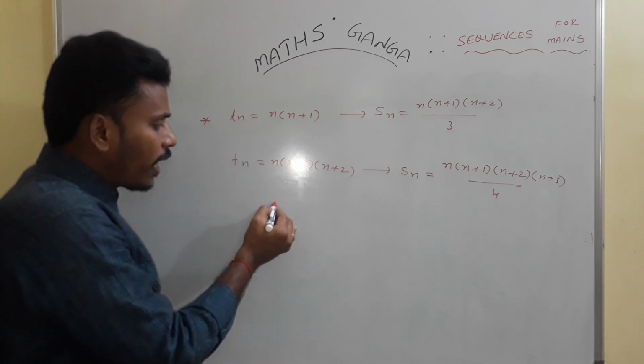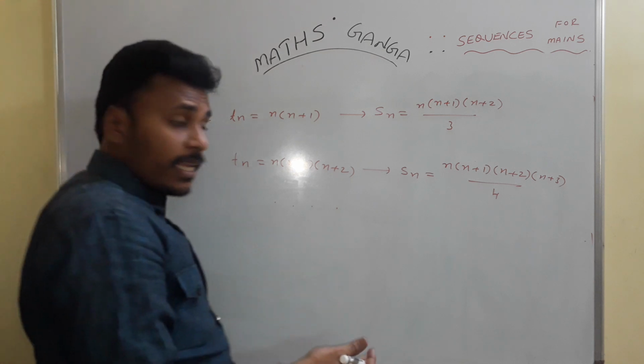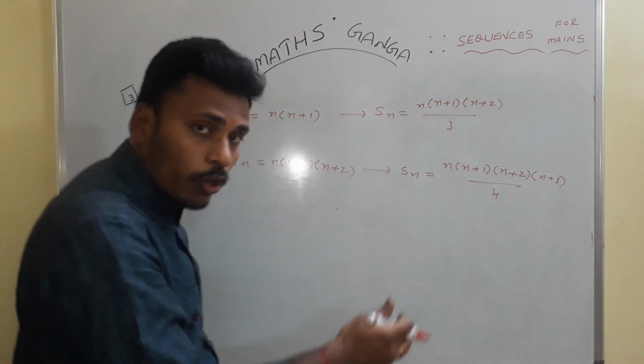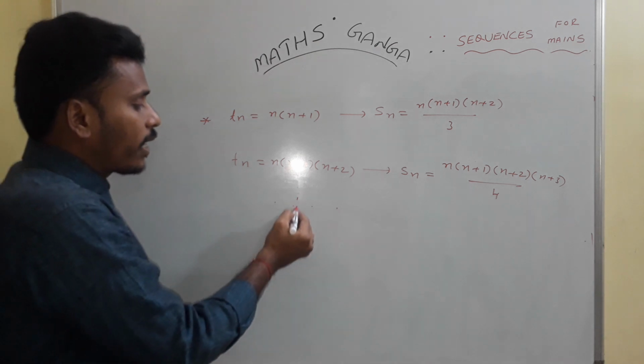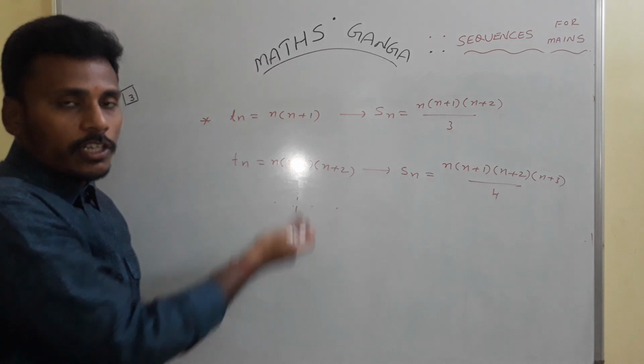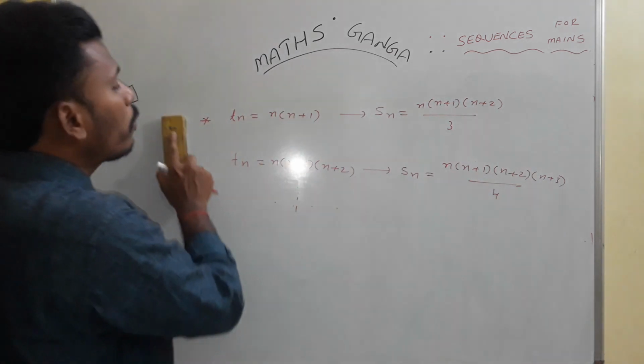You can extend this for any number of terms. If the nth term is n into n plus 1 into n plus 2 into n plus 3, then Sn is n into n plus 1, n plus 2, n plus 3, n plus 4 by 5. Like that, you can extend this rule for any number of terms which are similar to this one. Right? This is one important thing. And one more thing is,